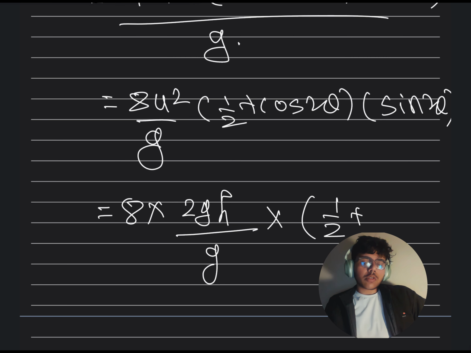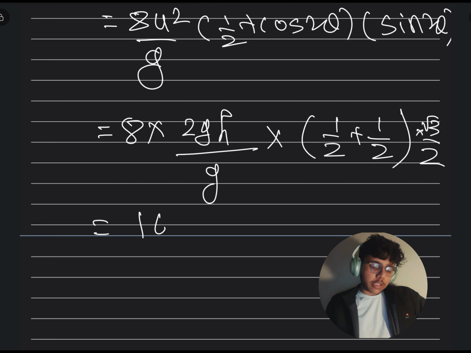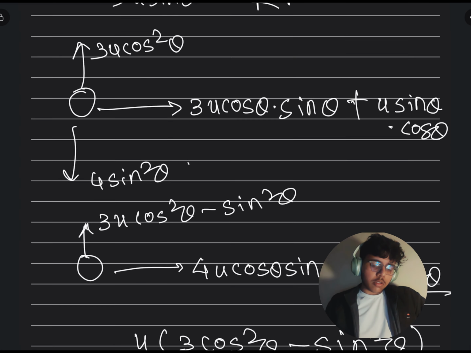Theta is 30 degree, so 2 theta would be 60 degree, and cos 60 is 1 by 2, and sin 60 is root 3 by 2. So it would be 16h. This would be 1, and this would be root 3 by 2. We know that what is h, so the value of h is